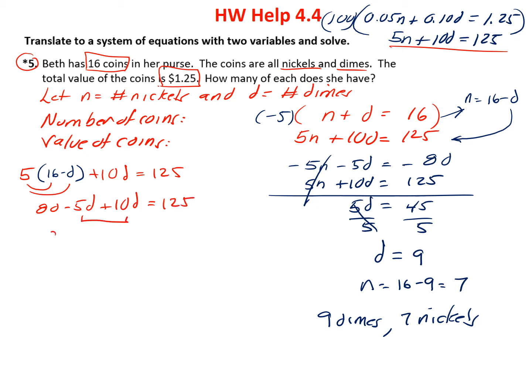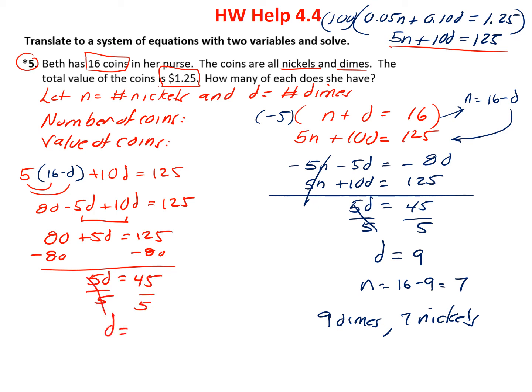Combine these terms together, and we have 80 plus 5d equals 125. Subtract 80, and we have 5d equals 45. Divide by 5. And once again, we end up with d equals 9,